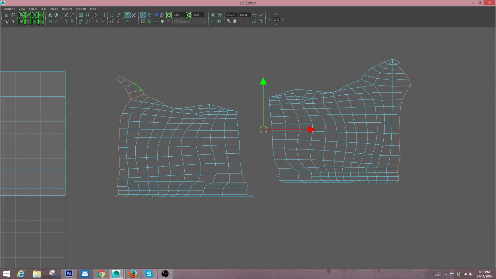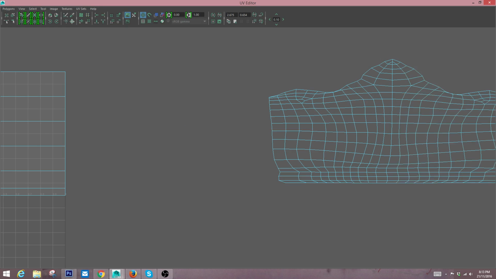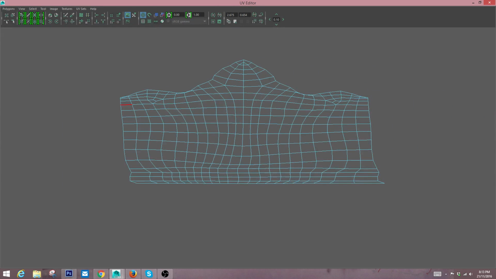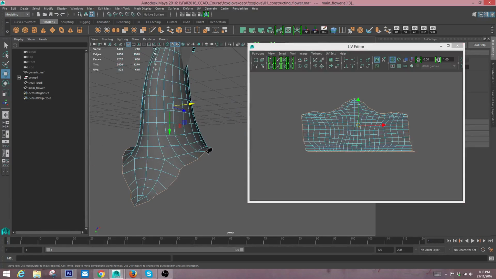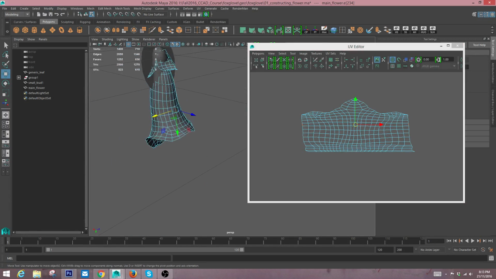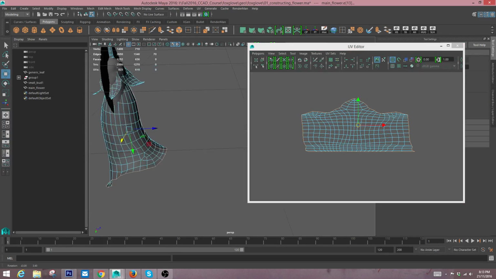I'm not going to go through the basics of UVs, but this is how I would do UVs. So I'm going to get these bad boys sewn back together. To sew them back together, you have this command up here, this button, move and sew. So here we go. So now we should have a seam running. Yeah, there we go. So it's running up the center